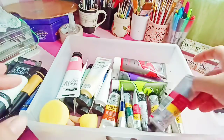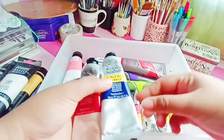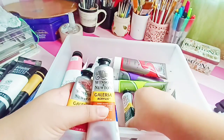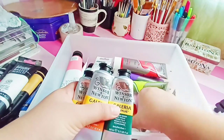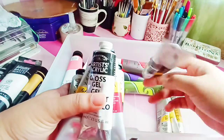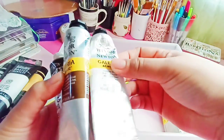Yeah, as I told you, I have some Winsor and Newton Galleria acrylics. I used to love these paints before, but since I got those Mont Signature paints, I stopped using these and used to paint with Mont. I'm just keeping it in this drawer, and the white is almost